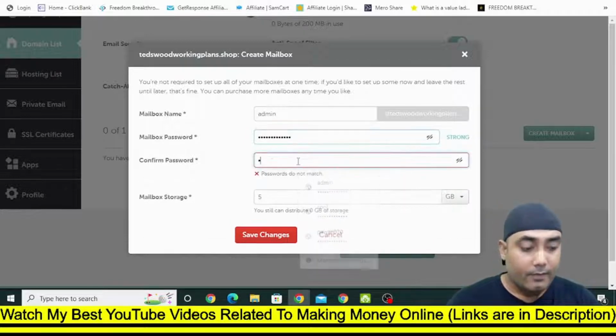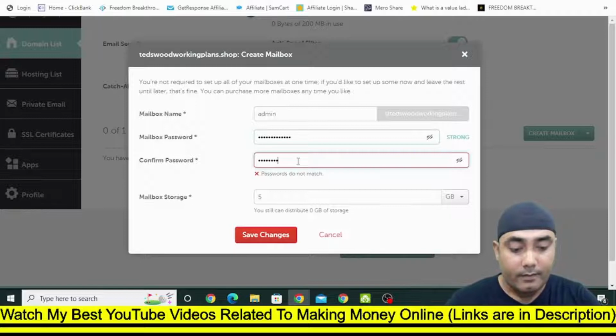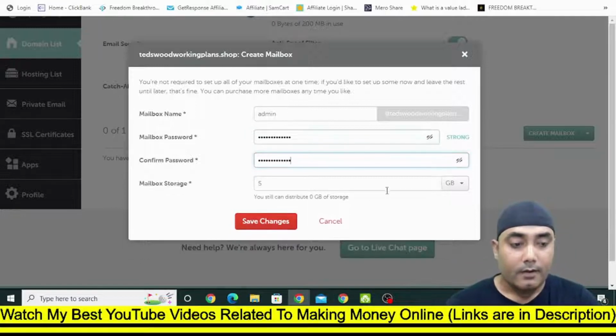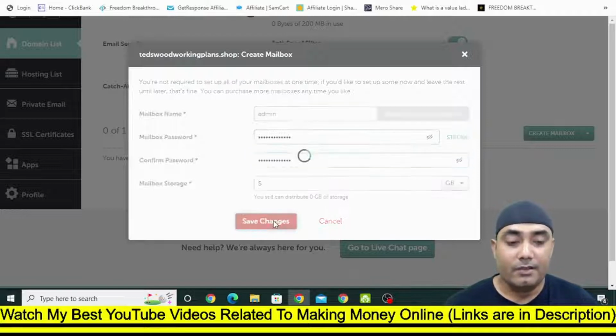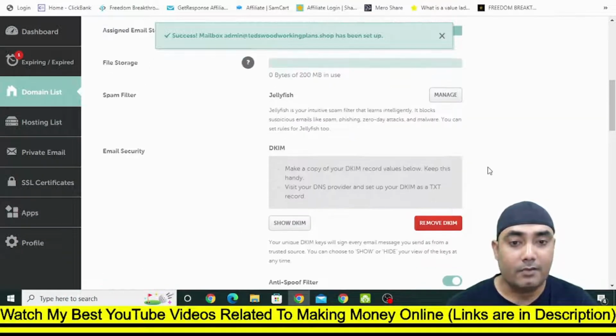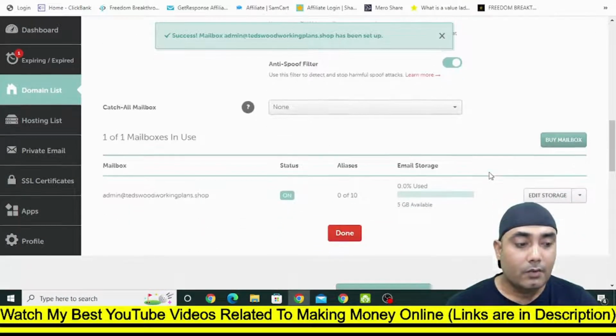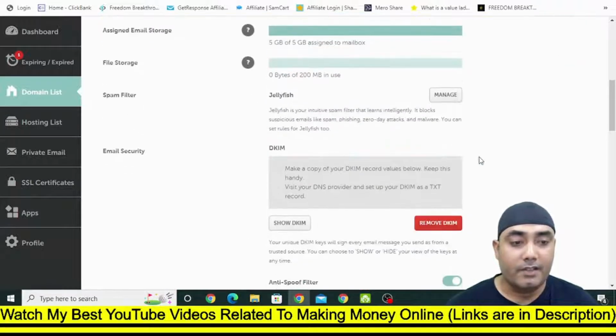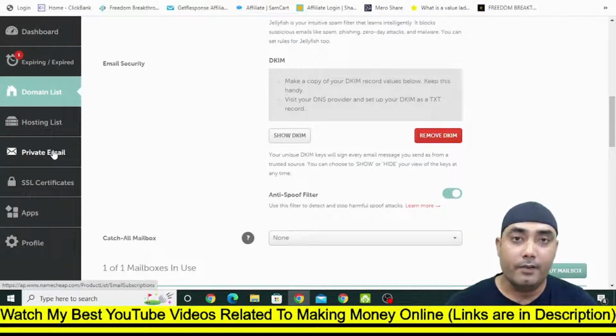And again confirm the password, and 5 GB is fine. Once you do this much, then just click on save changes. Now you can just click on this update password and save it. So once you finish doing this much, then what you need to do is whenever you want to log into